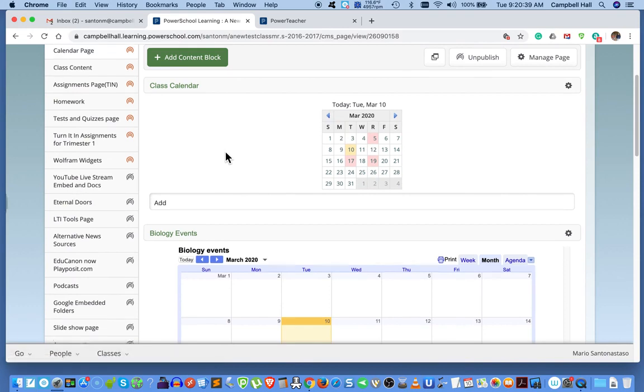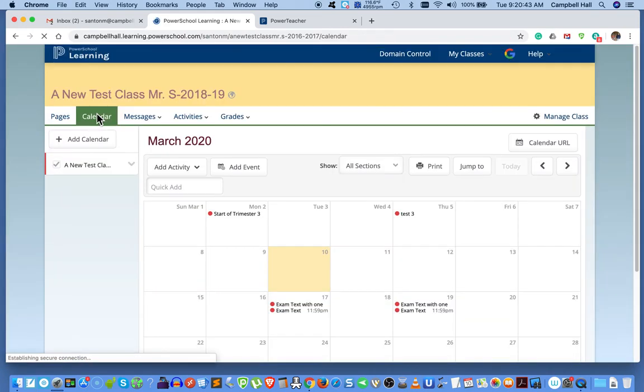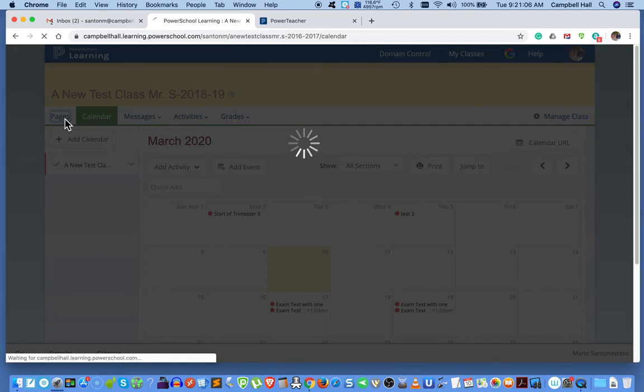So the one on the 2nd didn't get created, so we'll take a quick look at that. Start of trimester 3. So the reason that didn't get put in is because it's being pulled from some other location, it's not an assignment, it's not an assessment, and so on. So the 3 that did get pulled into the mini calendar are these 3. Okay, so to go back to that,